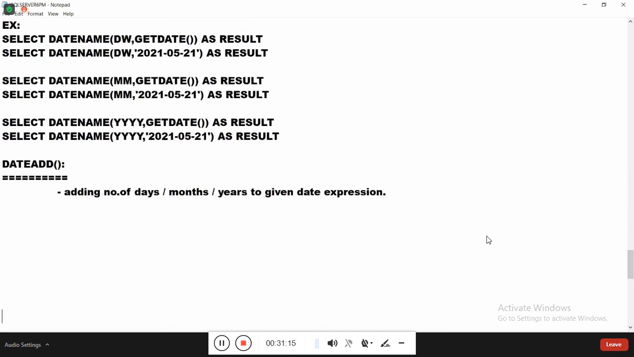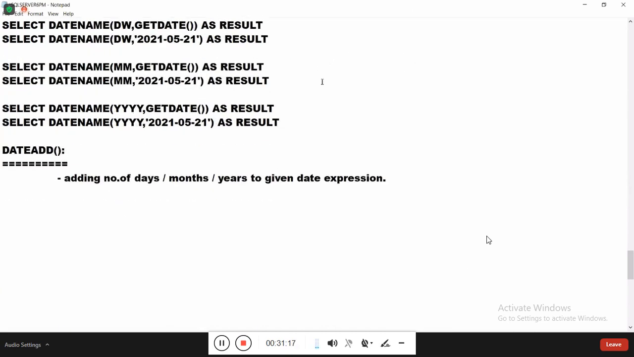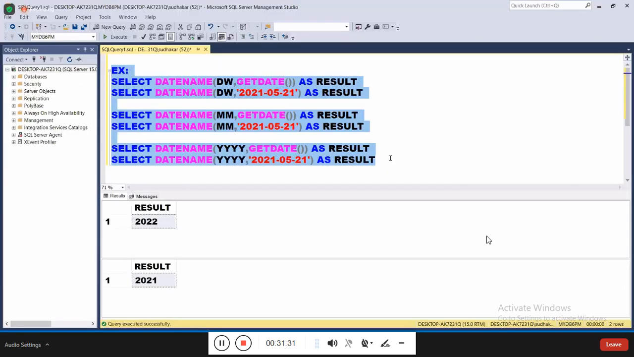The given date expression. So whenever you want to add some number of days, how many days you want to add? Or the same number of months or years to the given date expression. There you can use DATEADD. In this DATEADD, when you come back here,